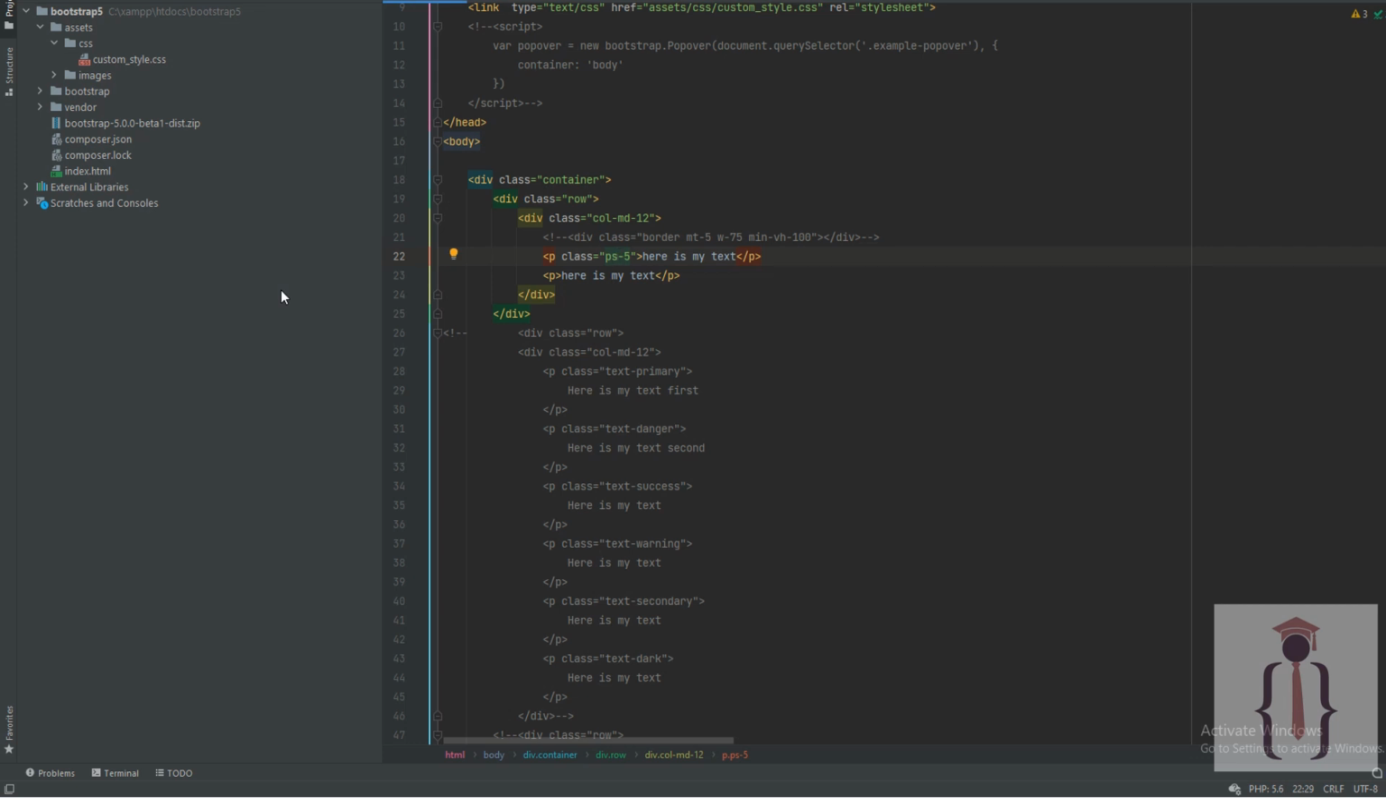Okay, so since we have discussed M, that means margin, and P, that means padding, if we use T, that means I'm talking about the top, B for bottom, S for start, E for end. Okay, so since we have these kinds of things, if you use the auto, let's suppose I'm saying